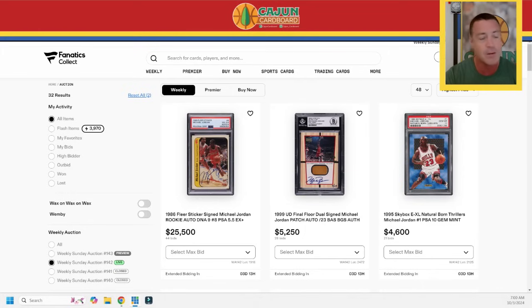All right, let's talk about the cards. Guys, I've got 32 cards pulled up. I've got them sorted highest to lowest. These are, again, the cards that Acquir